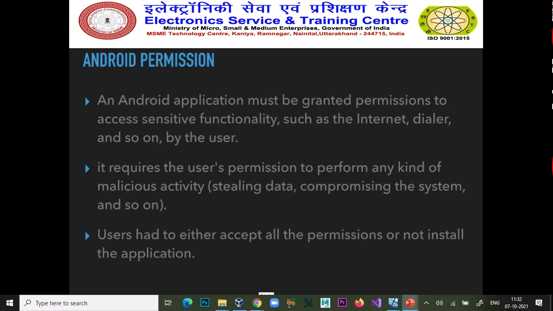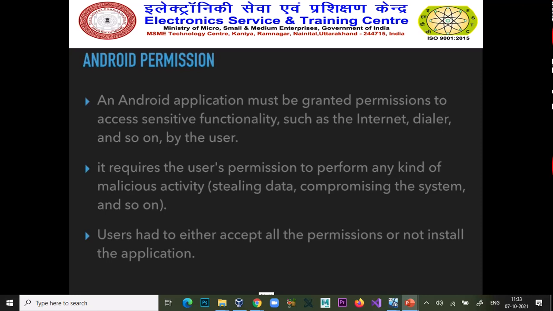So please check the permissions you have given on your phone by tapping the settings button and then clicking on apps. There is a chance that malware comes to your system through such permissions.